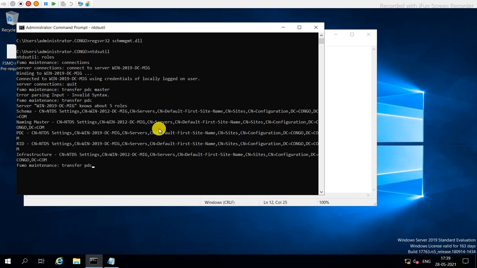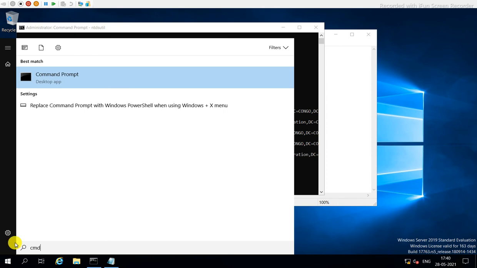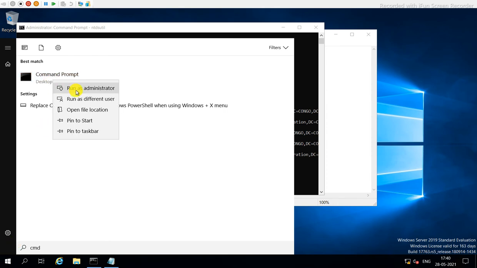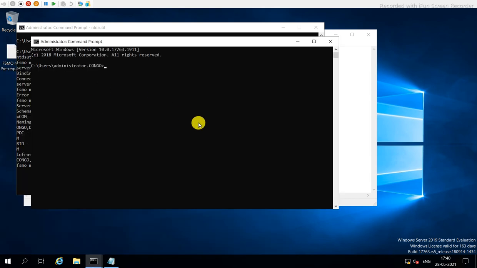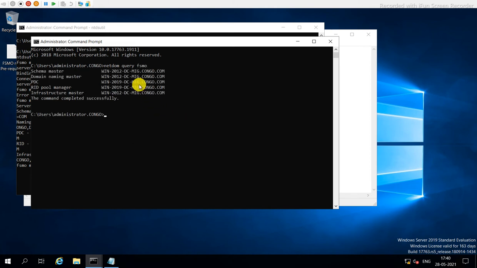First of all, we will check whether the role is transferred or not. So again we open CMD using run as administrator. Now netdom query fsmo, enter. Now the PDC role should be handled by the 2019 server.